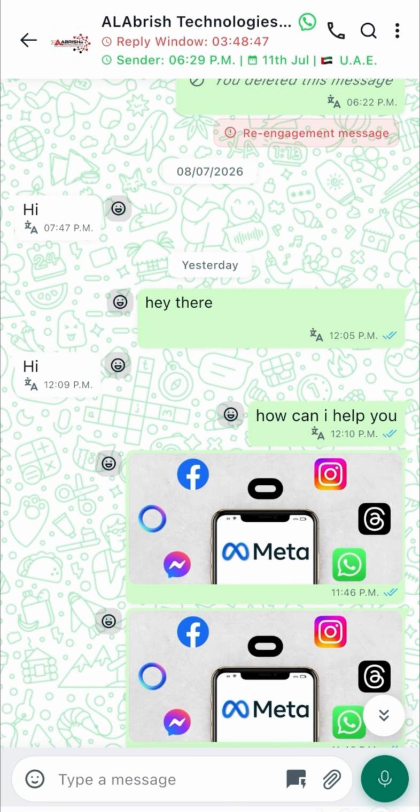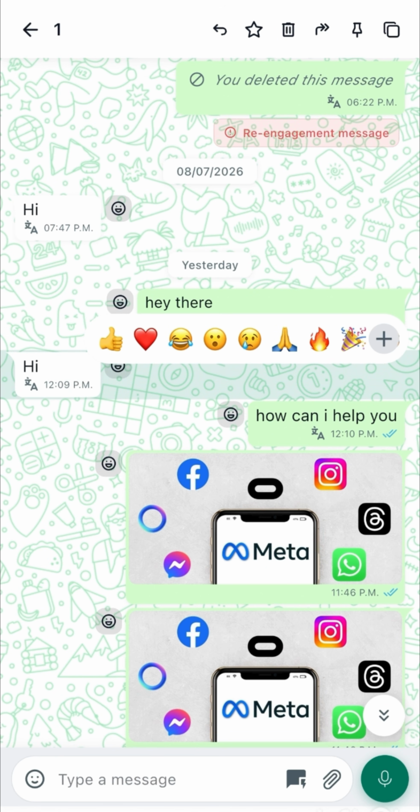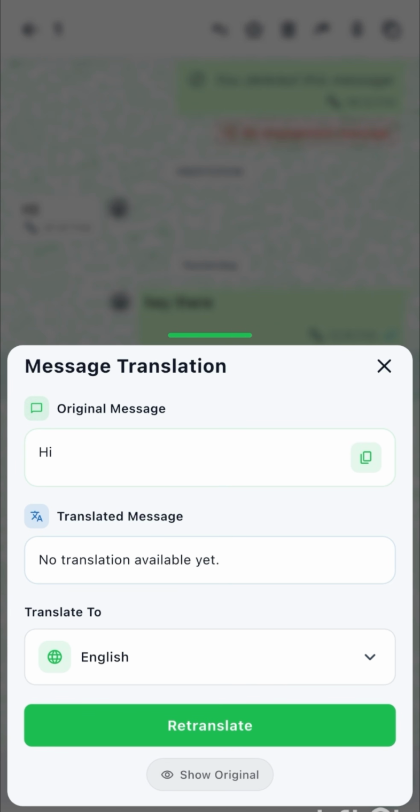Now you can see that there is a translation below the message of the conversation. If you click on this translation, you can translate the conversation in your preferred language. So if the customer is an international customer and sending us a message in his local language, we can translate the conversation right into our application and we can send him a message. We do not have to redirect to any other software or rely on any other application. We can just translate the conversation in our CRM itself.